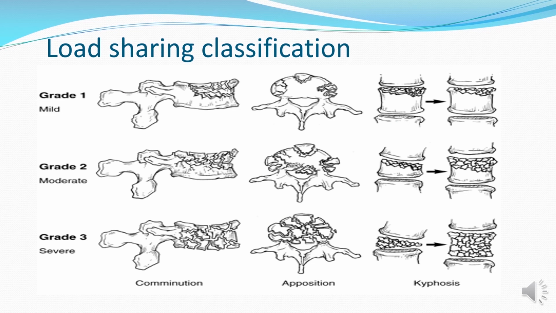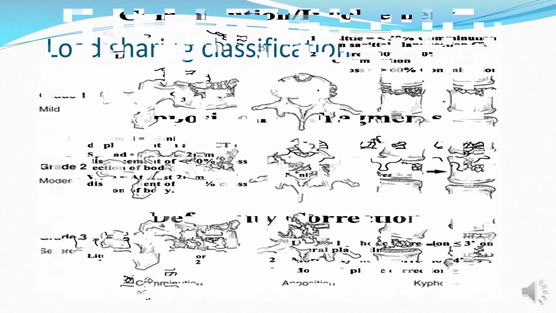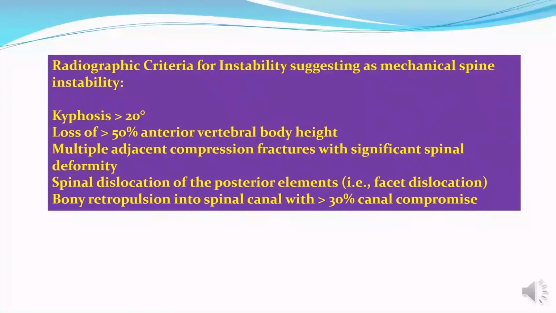Load sharing classification involves the degree of comminution, apposition, and radiographic criteria for instability: kyphosis more than 20, loss of more than 50% of vertebral body height, multiple adjacent compression deformity, spinal dislocation of the posterior elements, and bony retropulsion into the spinal canal with more than